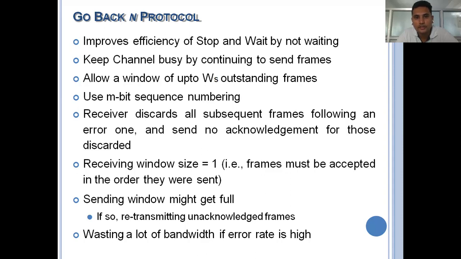For that purpose, the second protocol is implemented. That is called the stop and wait protocol. In the stop and wait protocol, the sender sends frame number 1 to the receiver. After receiving frame number 1 without errors, the receiver sends an acknowledgement frame back on the same line. That is half duplex mode. First the sender sends, and after the receiver receives that frame, the receiver sends an acknowledgement by using the same path.